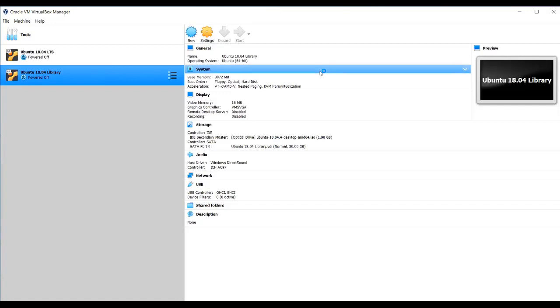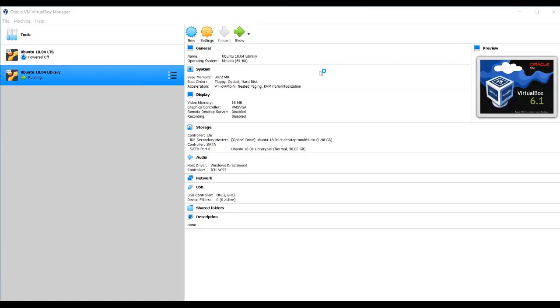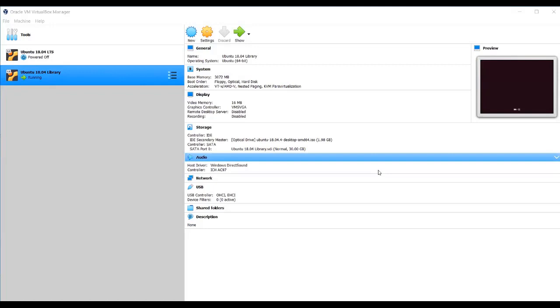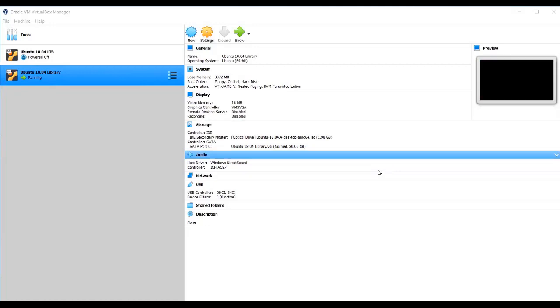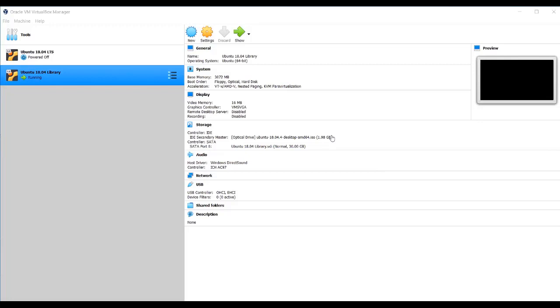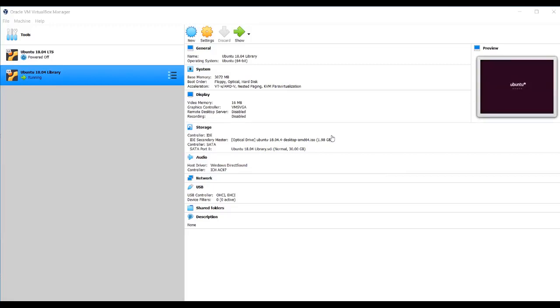Just click the start button. It has selected bootable media from the Ubuntu 18.04 LTS ISO file, and it started booting up using that ISO file. Wait for some time.